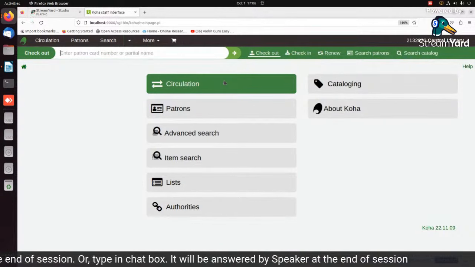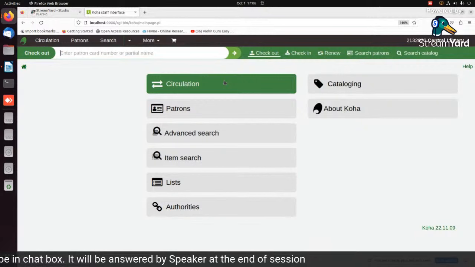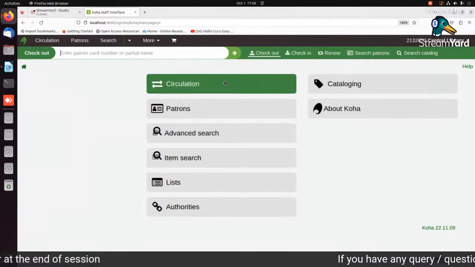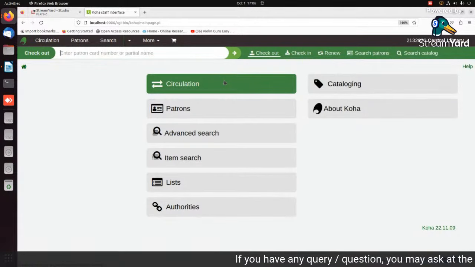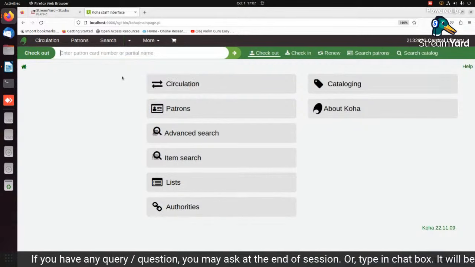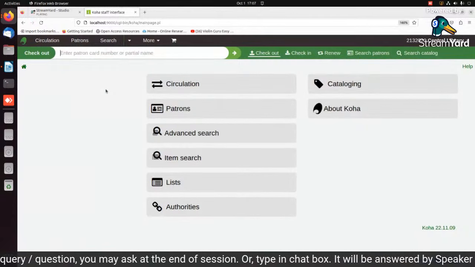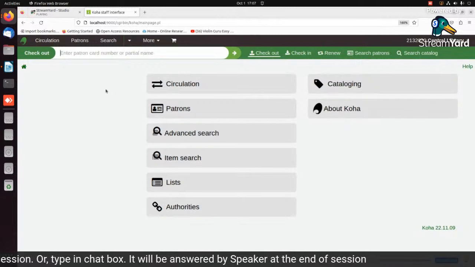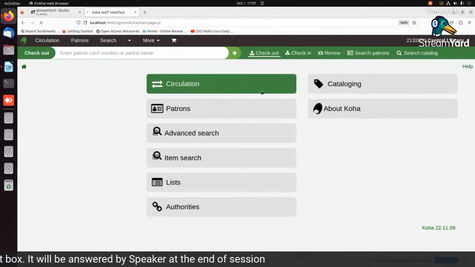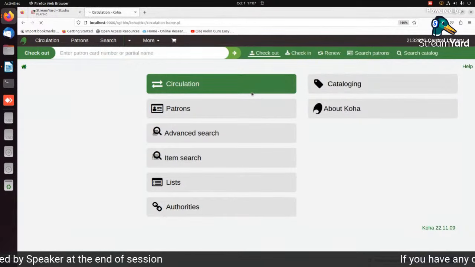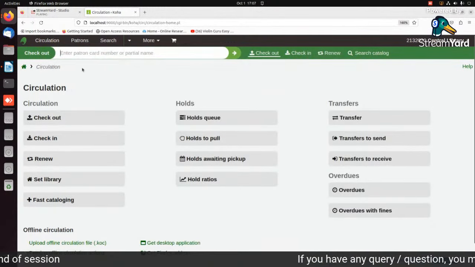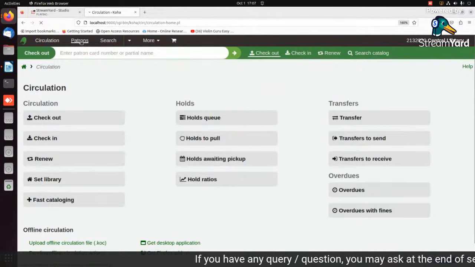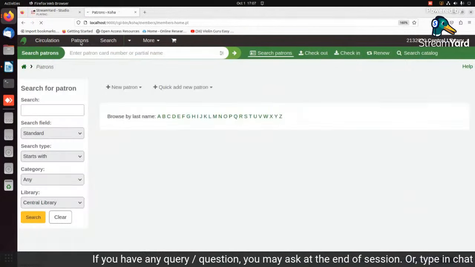And Mr. MK Datta is asking how can we add a new field for patron, like data entry for user branch name like civil, electrical, mechanical. You can do that. I will show you that you can add it in the authorized value, or the best option, what I demonstrated, that you can enter the detail in the address. So when you enter the detail in address, that will identify